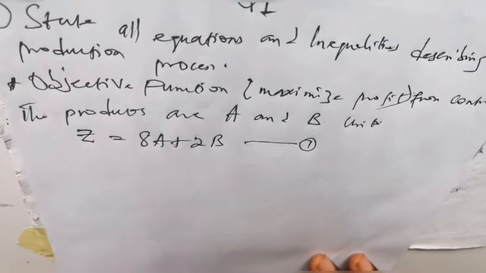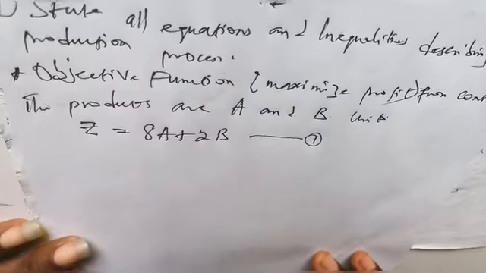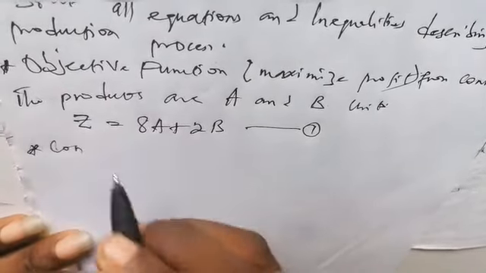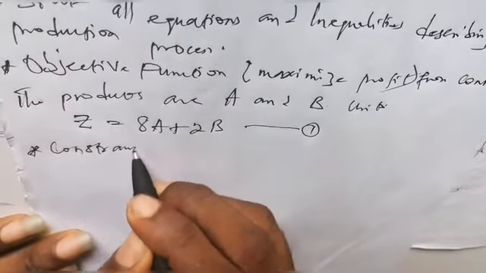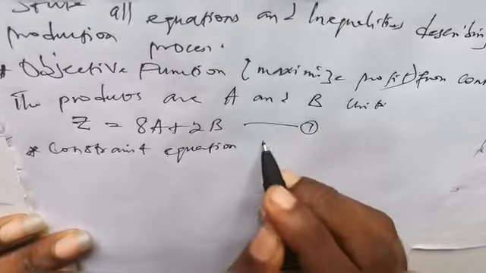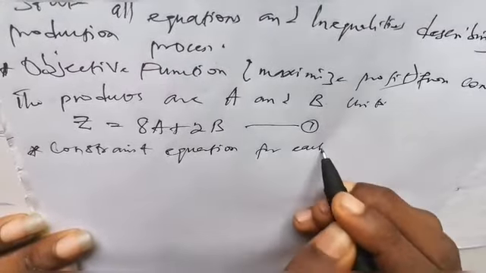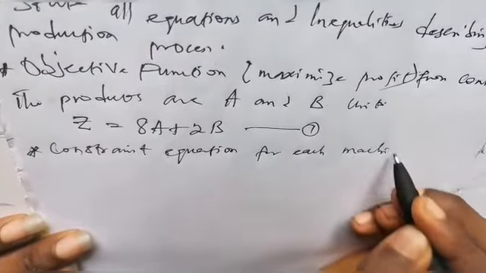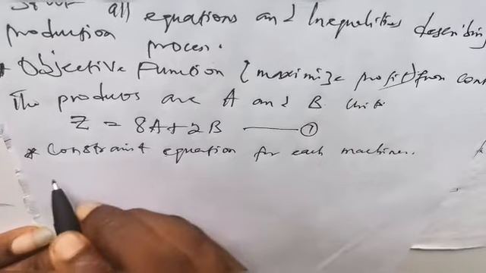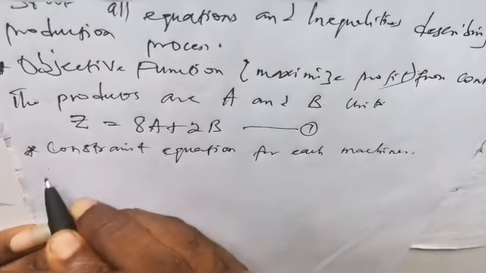All right, the next equation can be obtained by formulating the constraints of each of the machines. So you have the constraint equation for each machine. Let's start with the sewing machine. So you have for sewing machine,